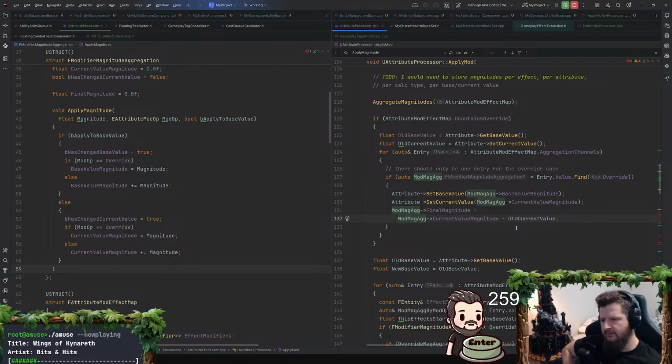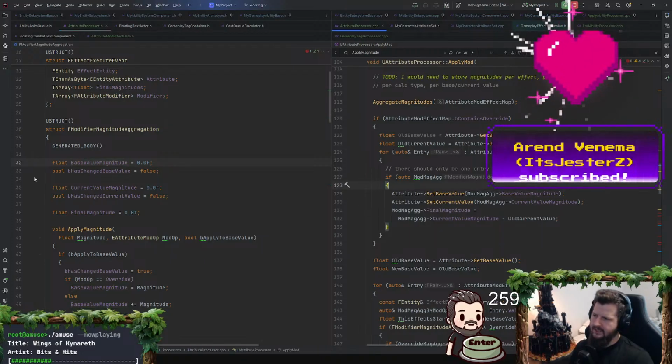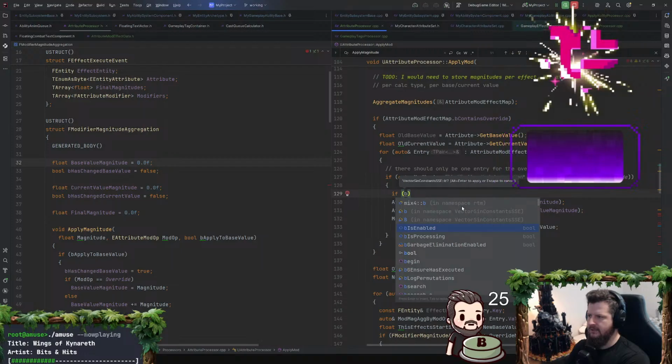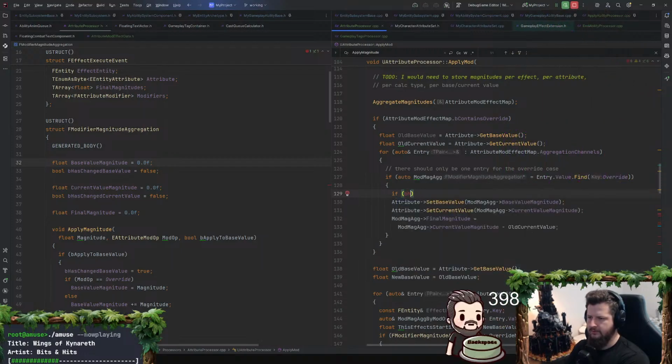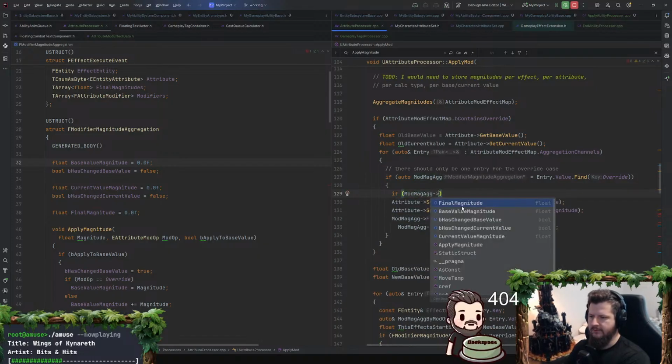Just in case there isn't one. But I'm setting current value. I should probably set current value equal to. See, the thing is, I need to check if B has changed. Oh, this is on the mod mag. Right. Okay, this is making more sense to me now.